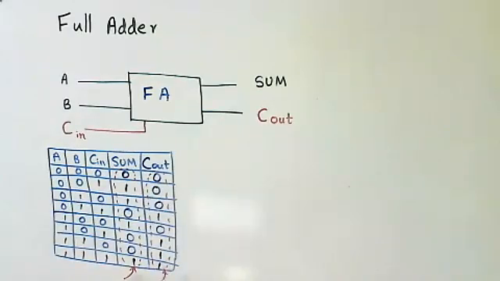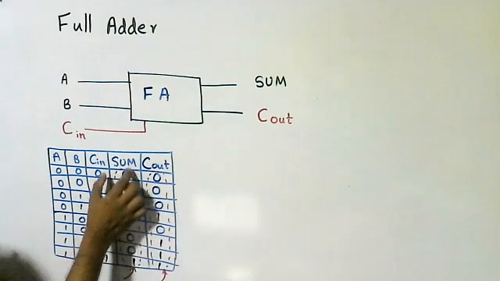Yes, Ilma, what is the output? According to the output, what is the gate here? Can you identify? Sir, no. Yes, it is difficult. We can't identify like that, so we have to go for a truth table. By using a truth table, we can identify. Clear? Yes, sir. Right.